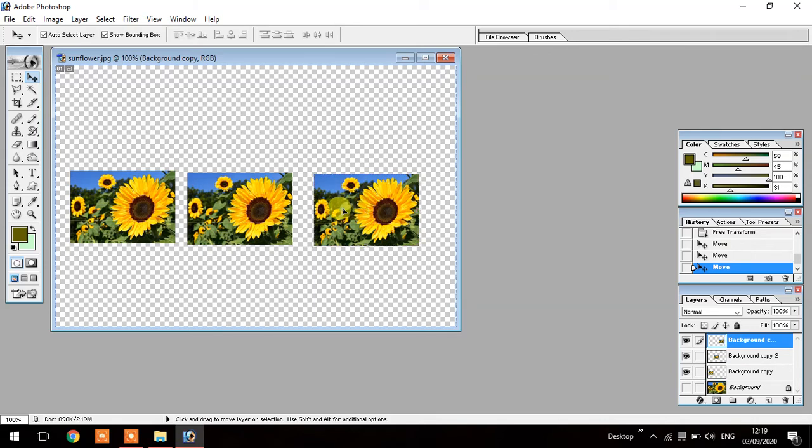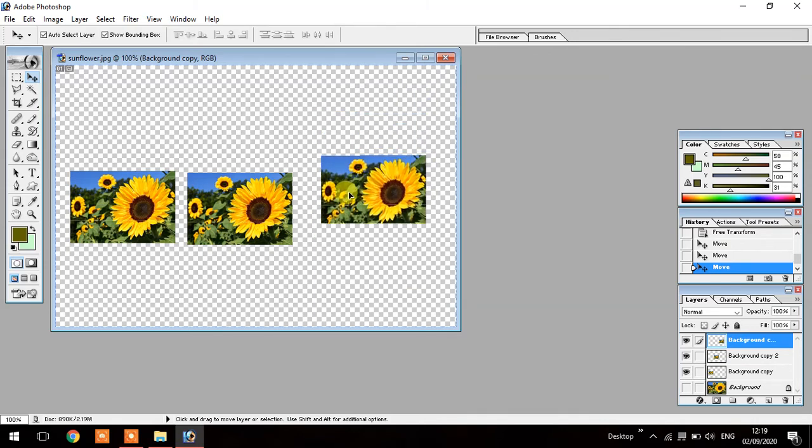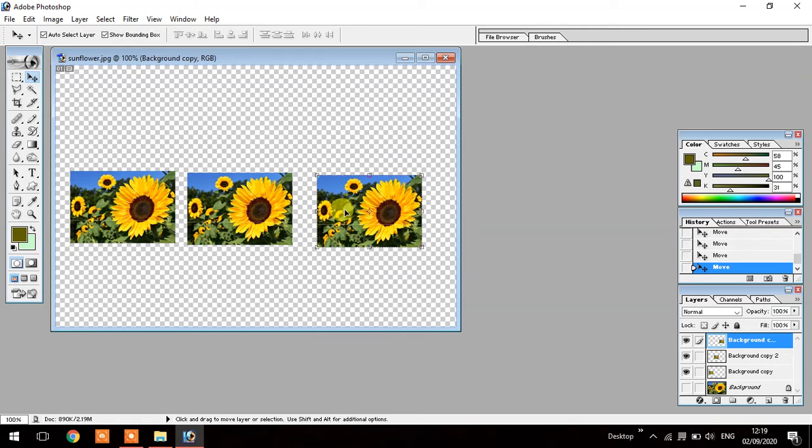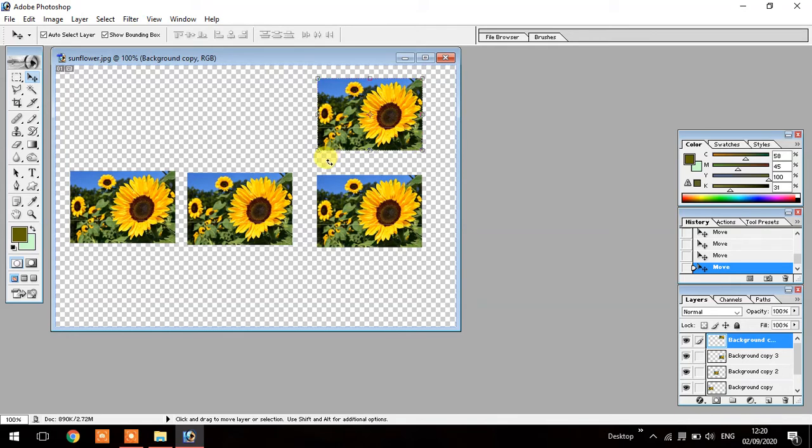Understand? Otherwise when I move it, it moves your files, meaning cut and move. But when you press the Control Alt key and hold it, then you can move it. Okay.